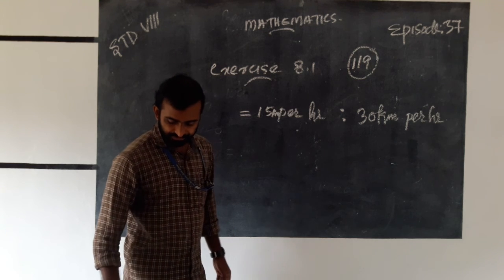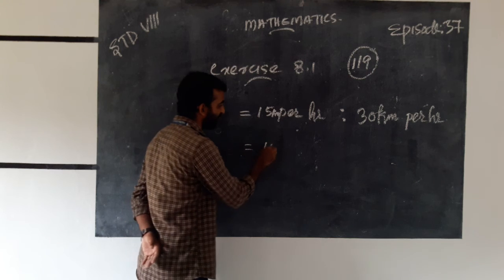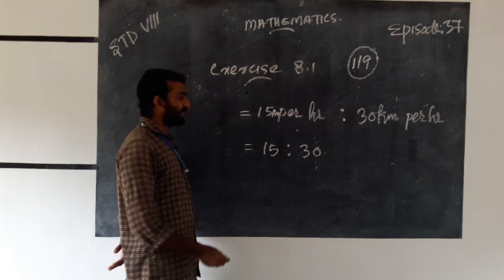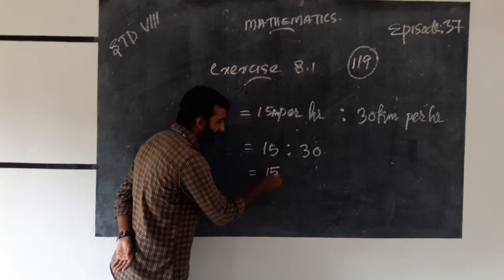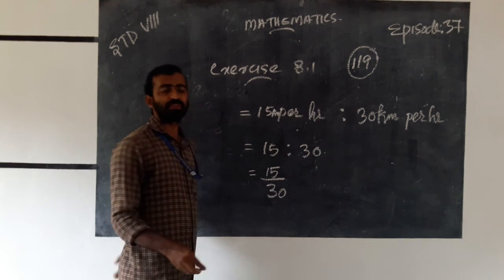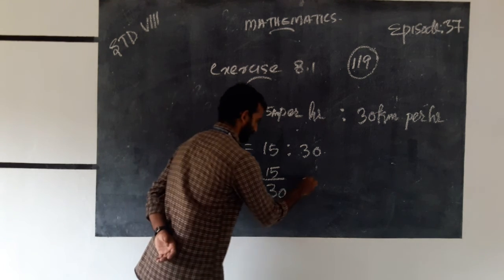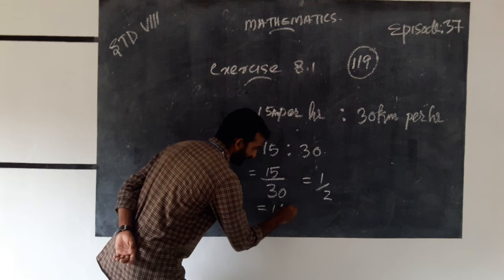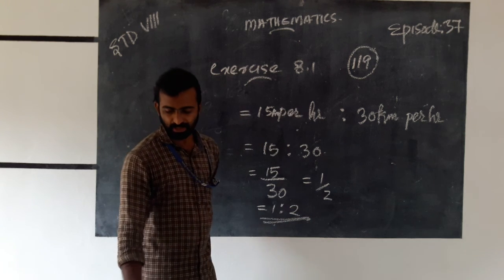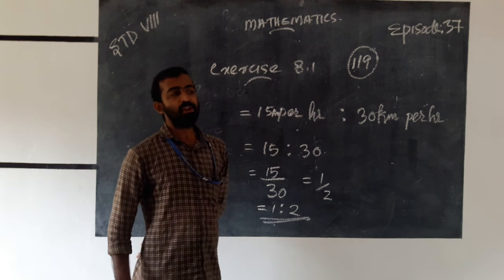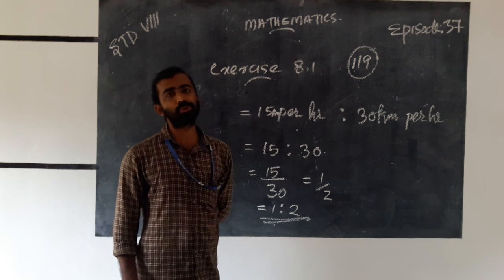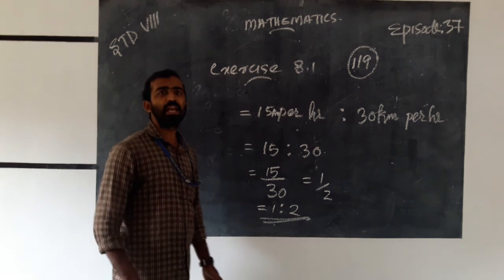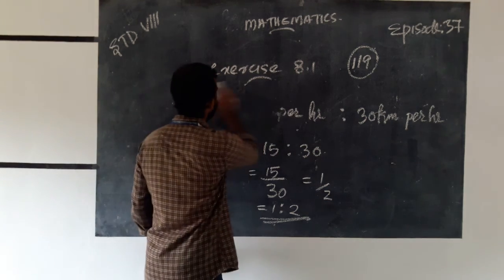Next, 15 is to 30. That is what we can write. We can write it as 15 by 30. 15 by 30 equals 1 by 2, that is 1 is to 2. The first question's answer is 1 is to 2. Any doubt? This is the ratio. And the second one is